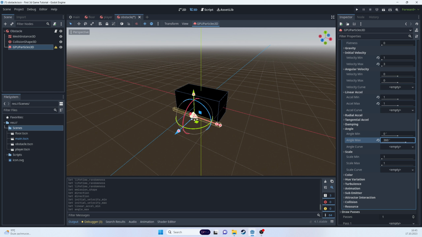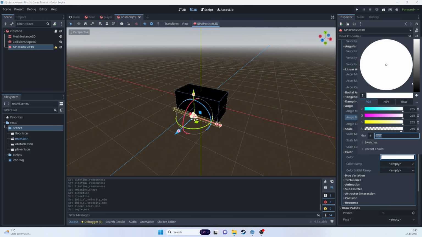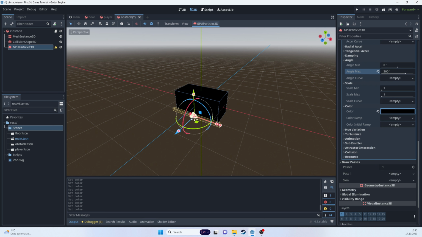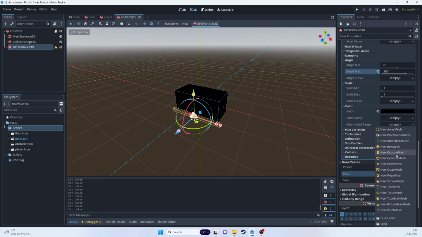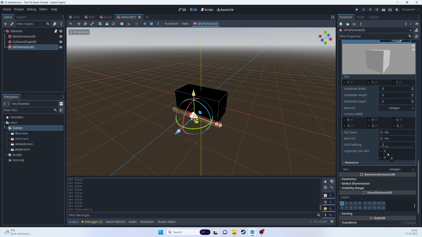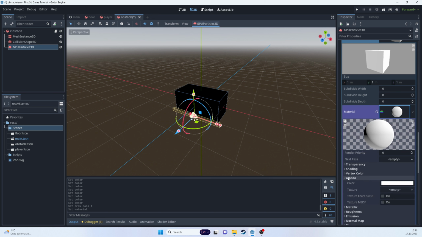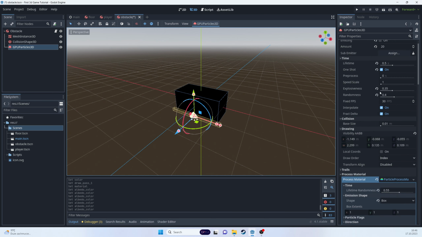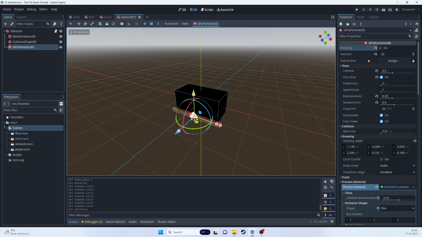And then the color should be black, just as our cube. Okay. And what we need to assign are draw passes. So let's add new, I believe this is box mesh. Let's click on it. And then there's the material, new standard 3D material, and change the albedo to all black. Okay, I believe that was a lot to take in, but now if we press emitting, okay, we can see